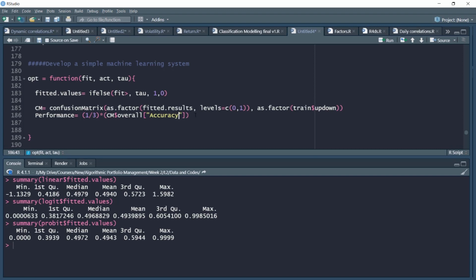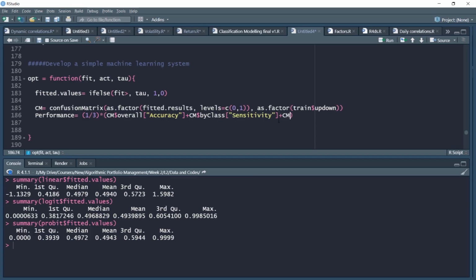I'm simply using their averages just to demonstrate the point. You can imagine any complex performance function depending upon your taste, choice, and preference. But to keep the demonstration simple, I am using the simple average of three measures, which is accuracy, sensitivity, and specificity.